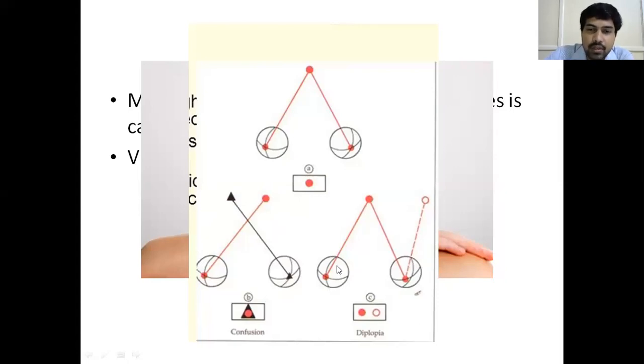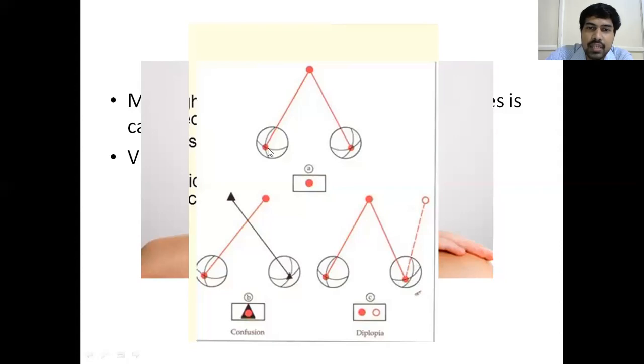Suppose there is a squint. You see this eye, it is looking straight, but this eye is deviated. You can see this vertical axis is straight here, but the vertical axis is slightly deviated on this side. So here what happens is, it is because of strabismus or squint. There is a deviation in this right eye, whereas the left eye is looking straight. Now there is an object here. So the image of the object is falling exactly on the fovea of this right eye, but it is not falling on the fovea of the left eye. It is falling somewhere else, slightly beside the fovea.